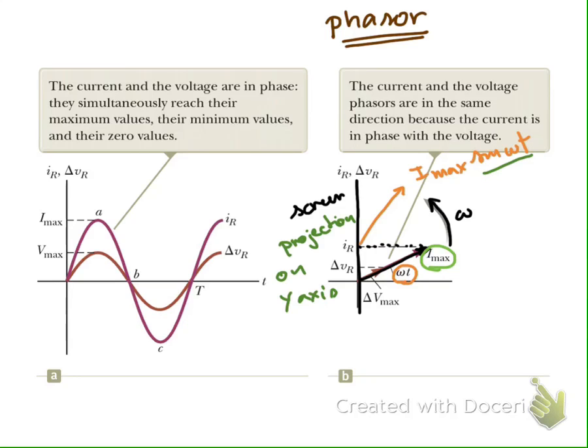So it means that if you imagine that we have the rotation of what we call a phasor, we have the rotation of the phasor, and